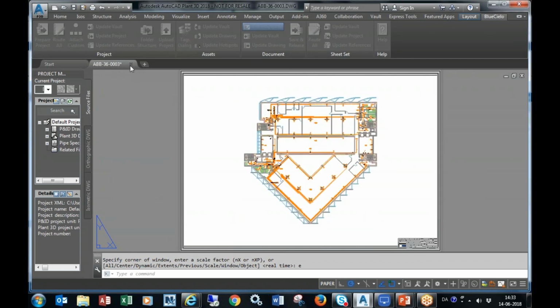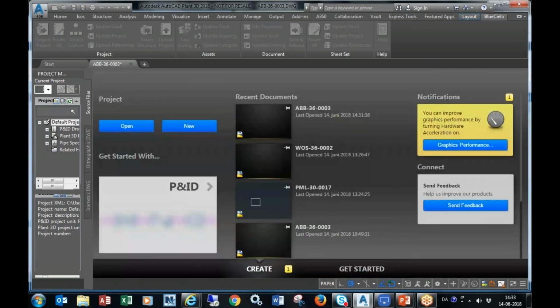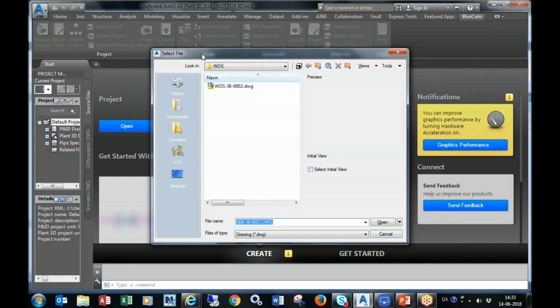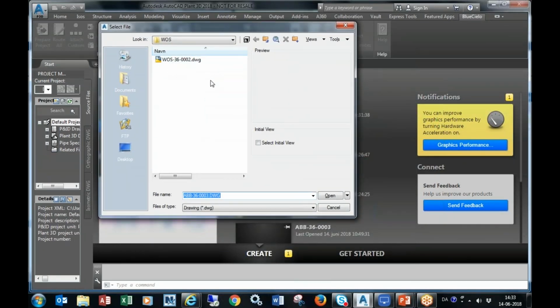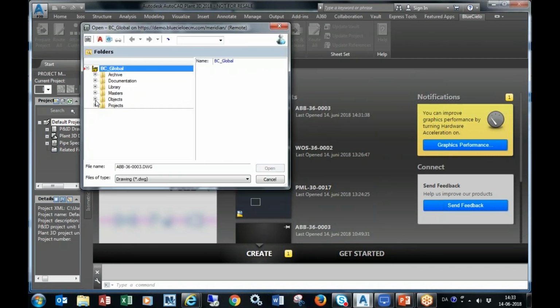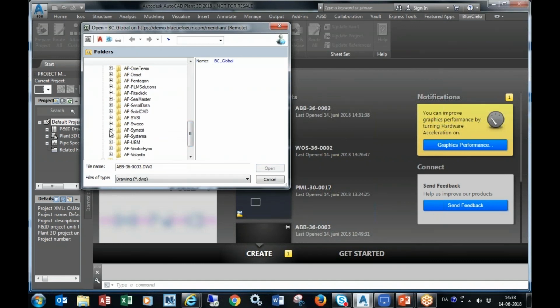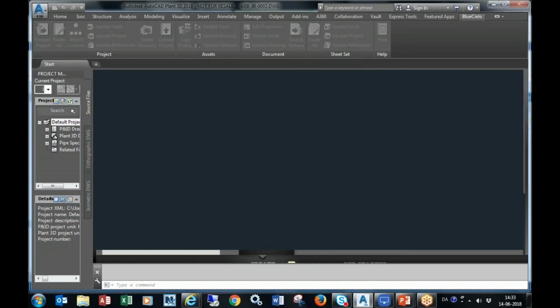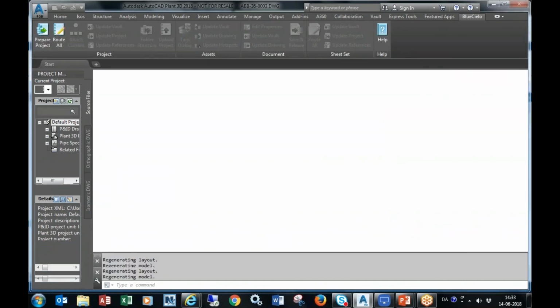I will just close this because I will show you something else also. If I am in the CAD system already and I want to open a drawing from inside Meridian, I can just push the vault icon, and I have direct access to the Meridian vault. I can select the same document, and it will be opened just as if I did it from the cloud. So we have bidirectional